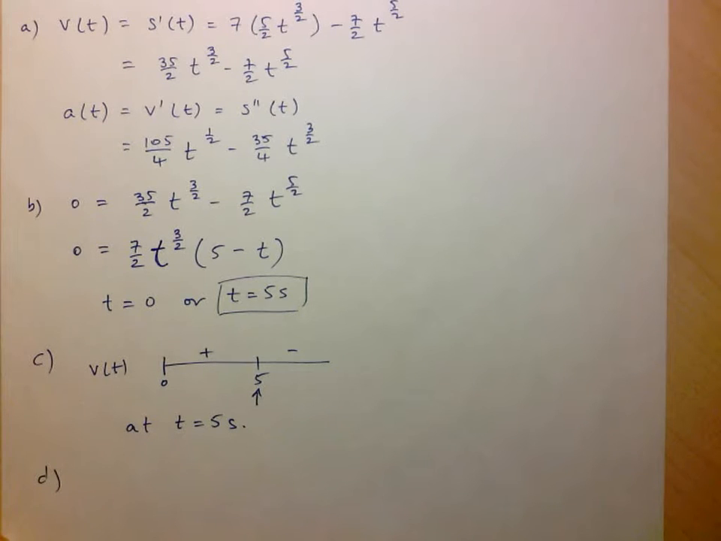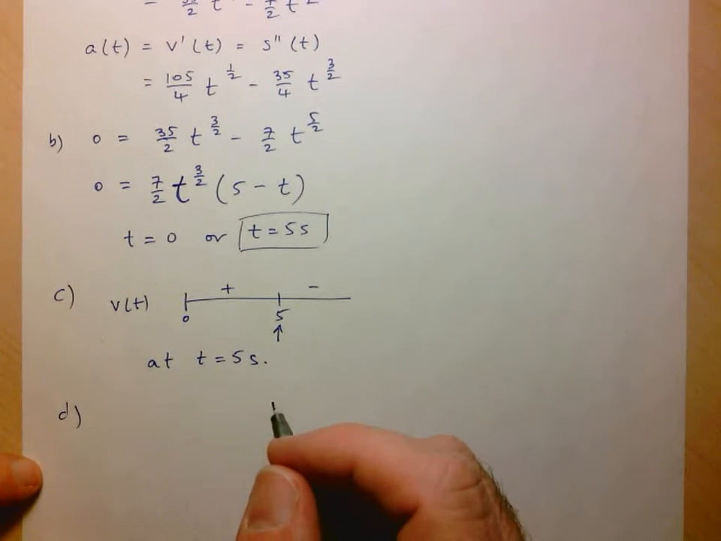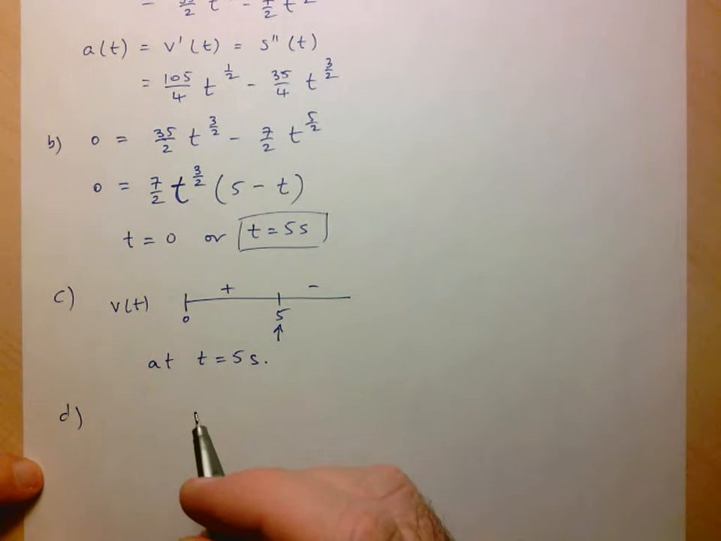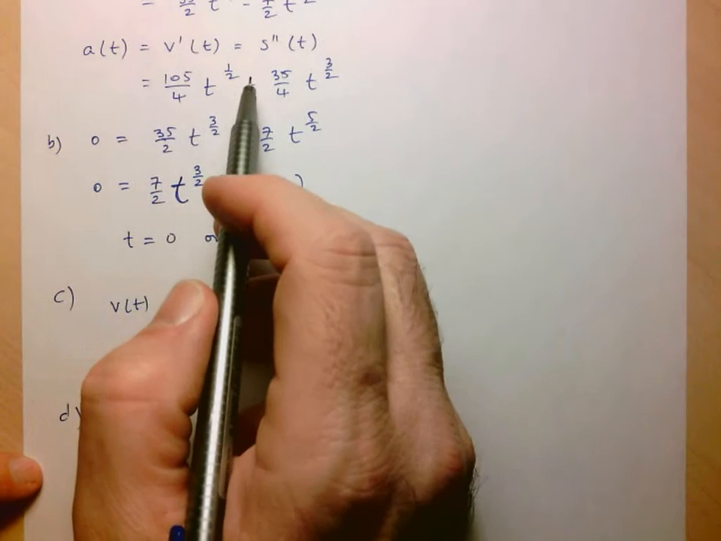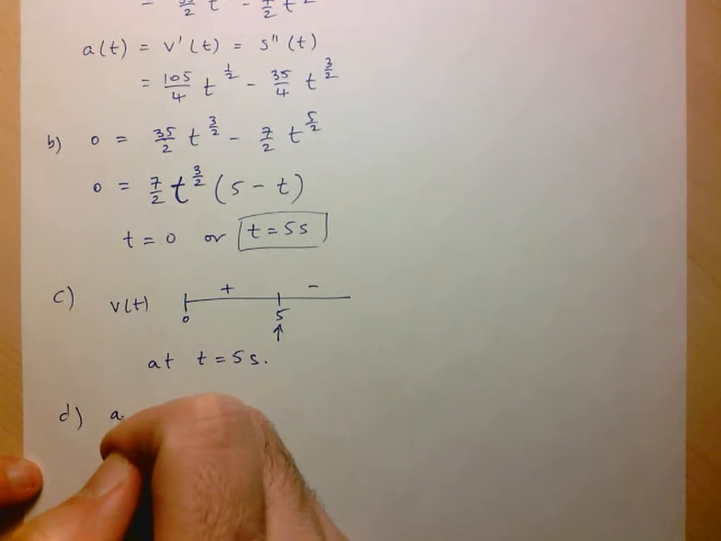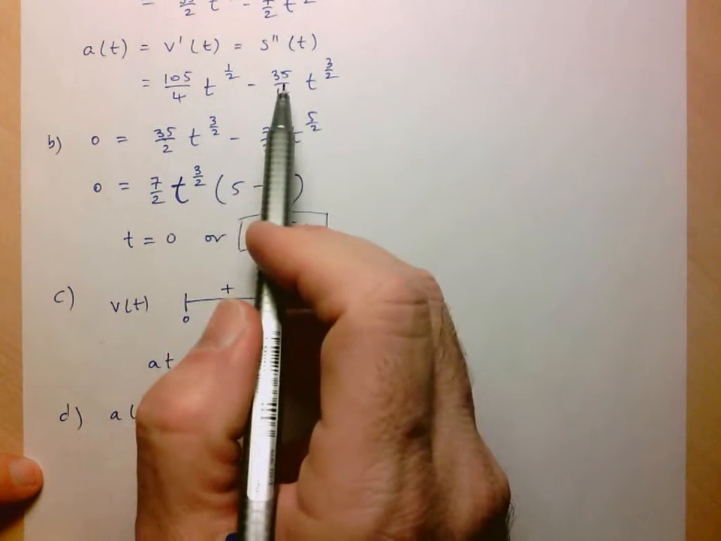D says, when is the acceleration positive? Now again I have my acceleration function, and I'm going to have to do the same thing. I'm going to have to determine where it's positive and negative. And you're going to see that I'm going to do something similar to what I did with the velocity. I'm just going to factor this out in a clever way. So here, for a of t,